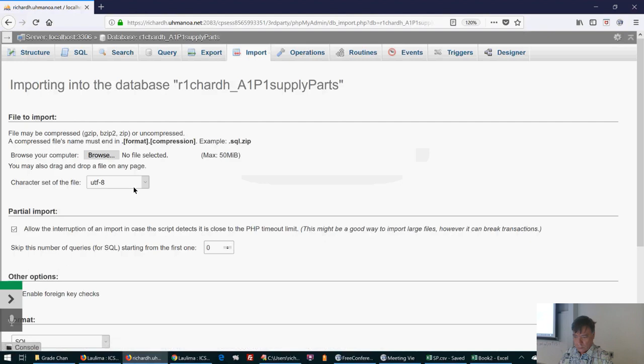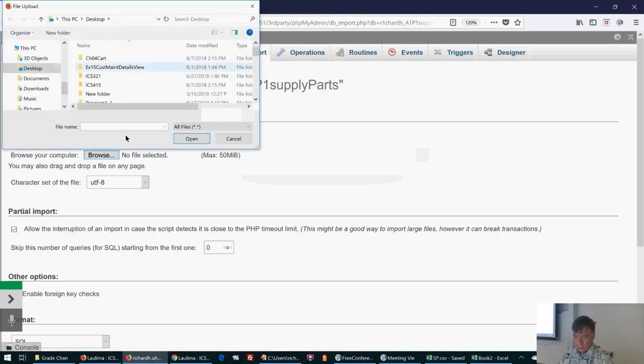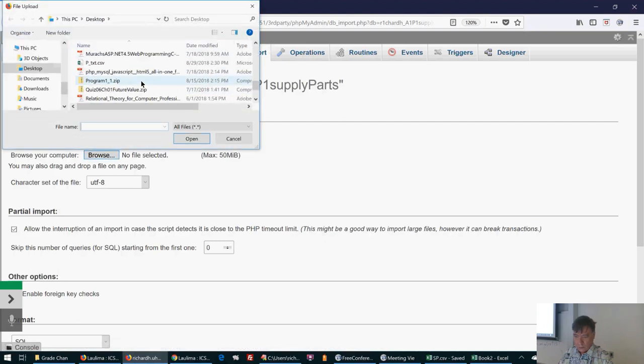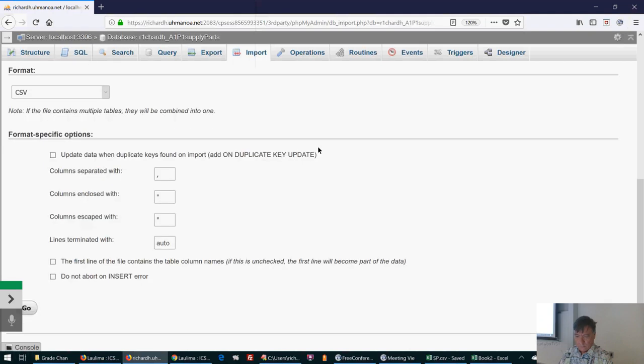Import S, this one, make this a \t, and make the first line contains that. Click go,